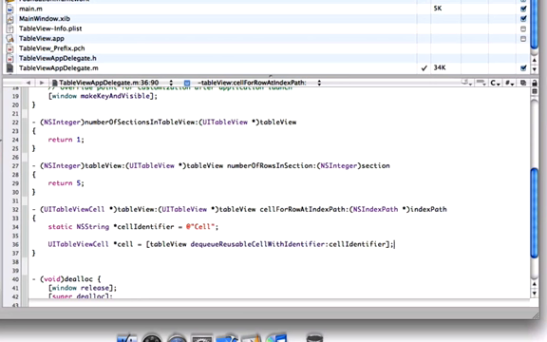A table view cell is a sort of a large object. It contains a lot of information that the table view uses to know exactly how to draw each row. So to conserve memory for table views that consist of large amounts of data, or for really any table view at all, Apple has come up with a very clever way of conserving memory when dealing with table views. What they've done is they've created an environment in which cells that have the same layout